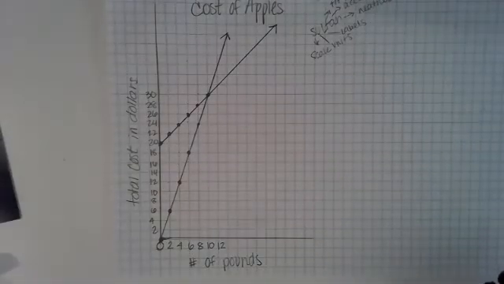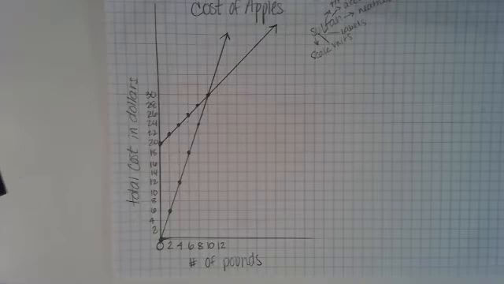Again, I want to point out to you that it is straight. There is an arrow on the end because it extends forever. It is also continuous due to the fact that I am not going to buy perfect pounds. I'm going to have fractional parts of a pound. Now,